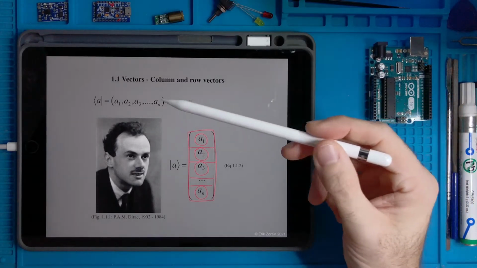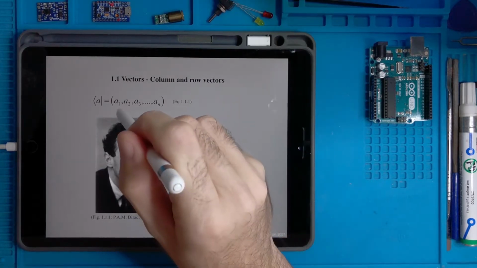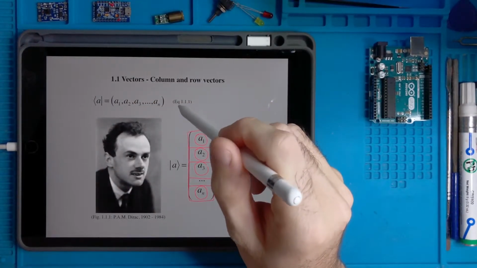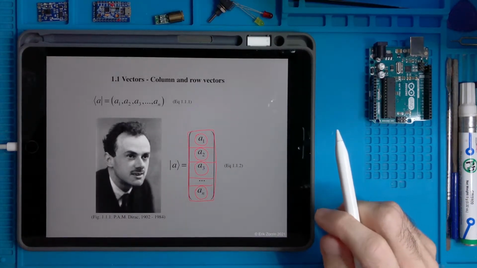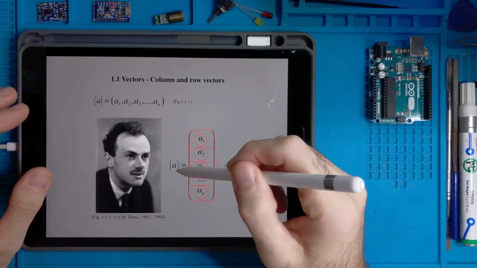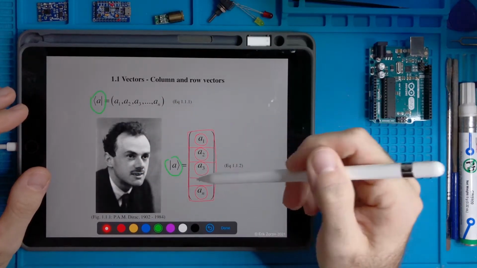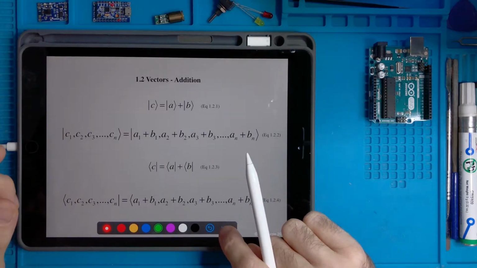So the same thing we can do if we want to organize numbers in a list that we can write as a row. And those two notations, row or column, would be defined by those two symbols, this one and this one here. Okay, let's go on and let's see what we can do with this.